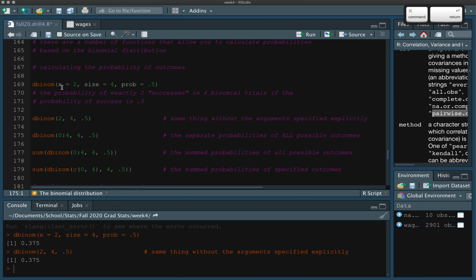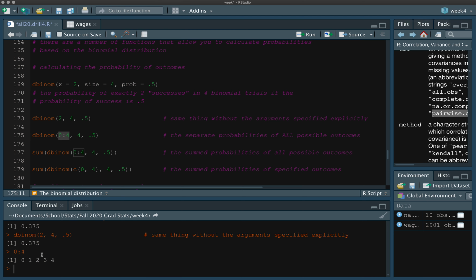And again, reminding you that if things are in the right order for those default arguments, then you can leave off those labels and get the same result. So the probability of getting 2 successes out of 4 trials with a probability of 0.5 is 37.5%. If we put in this vector 0, 1, 2, 3, 4,